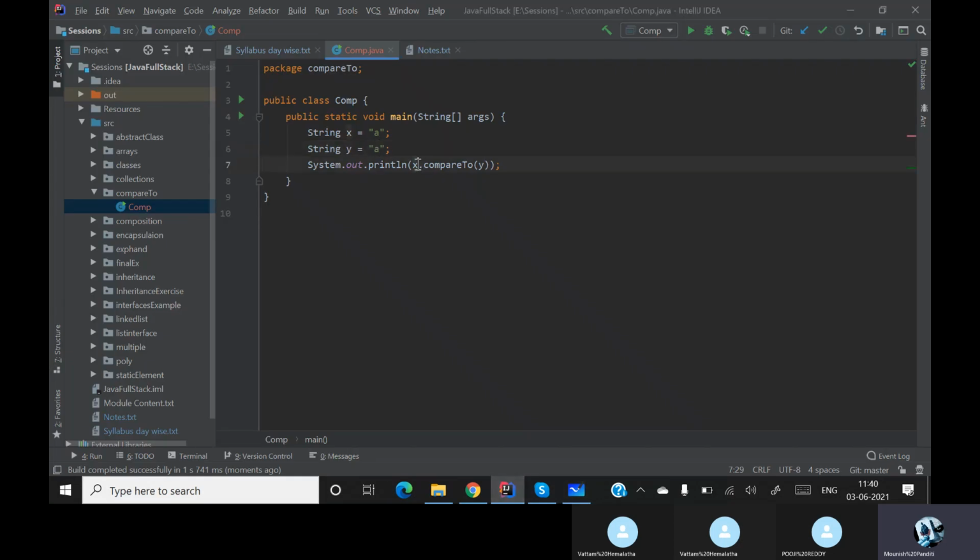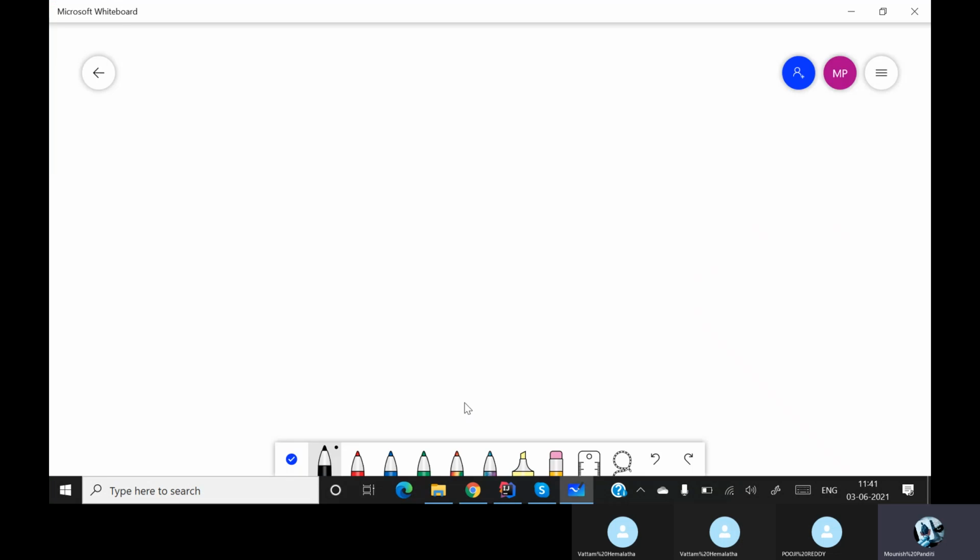Part 1 is before the dot, part 2 is inside the compareTo method. Here x is my part 1, and part 2 is whatever I have inside my compareTo method, that is y. So assume this is part 1, this is part 2.